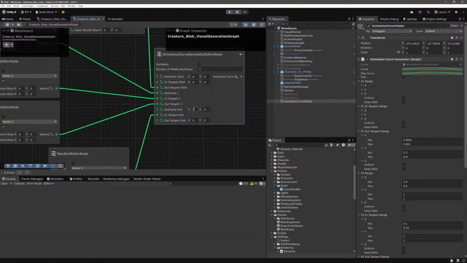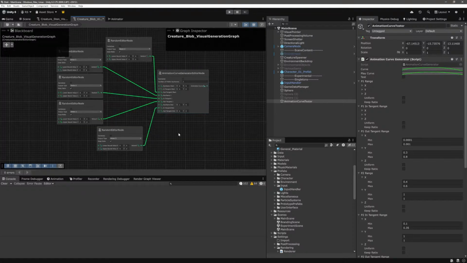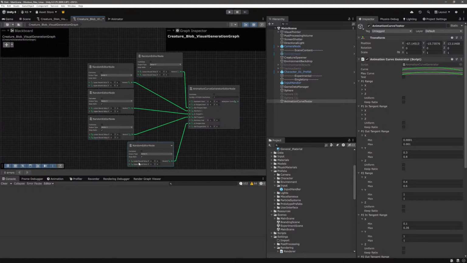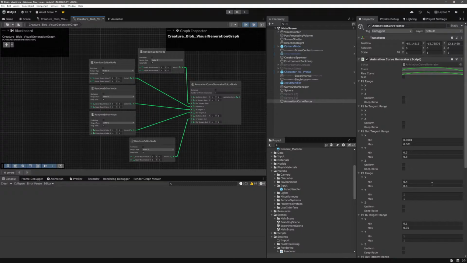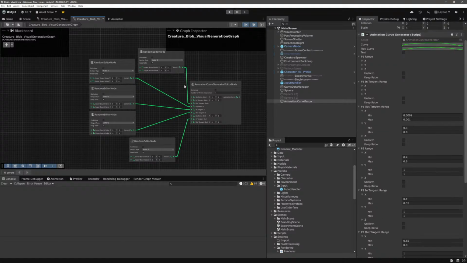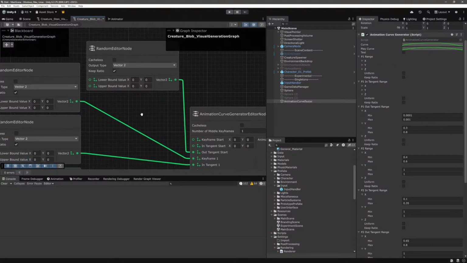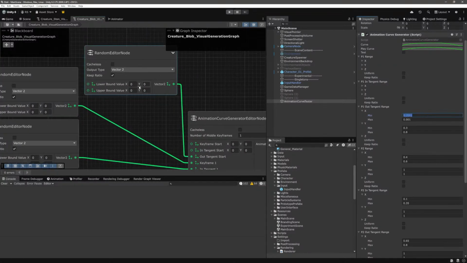And then we want to be able to, so keyframe start should be 0, 0. Keyframe end should be 1, 0. Out tangent end 0, 0. In tangent start 0, 0. And then we randomize the rest. And if we choose to have the same setup as we have here, it should be, so P1 out tangent, it's this one. We do 0.01, 1, 0.3,